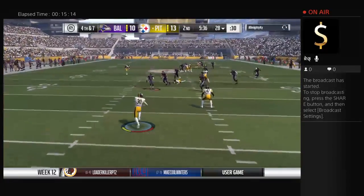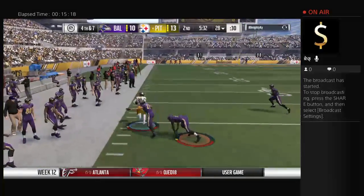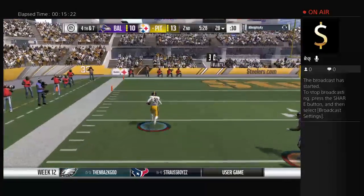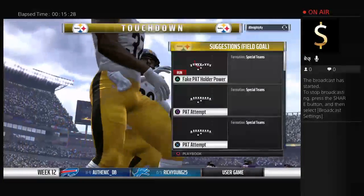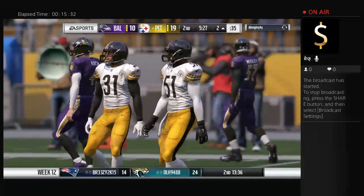With it is Brown. And an alley to run. And into the end zone. Touchdown, Pittsburgh. When you've got a guy that fast back there to receive punts, that's a nightmare for the guy